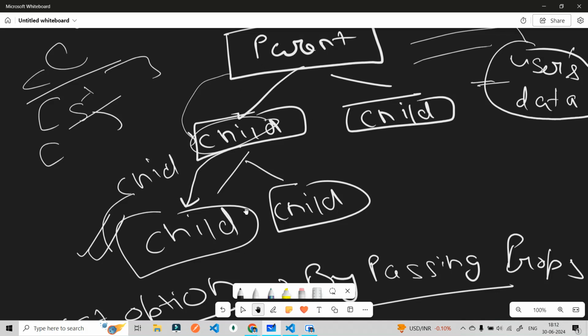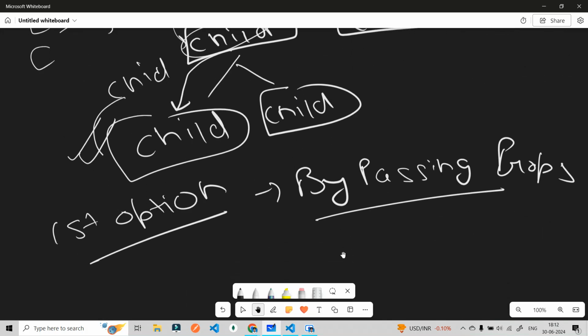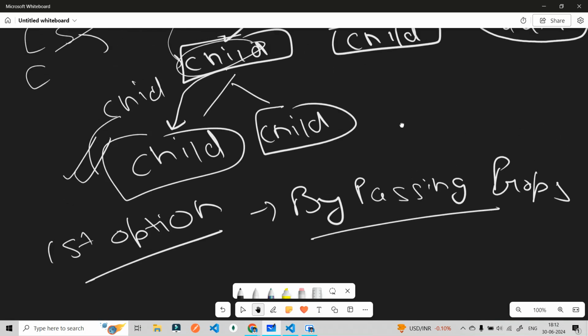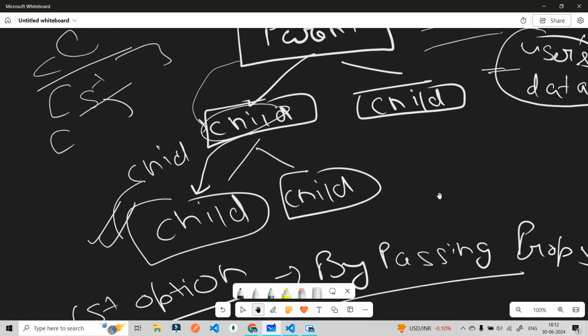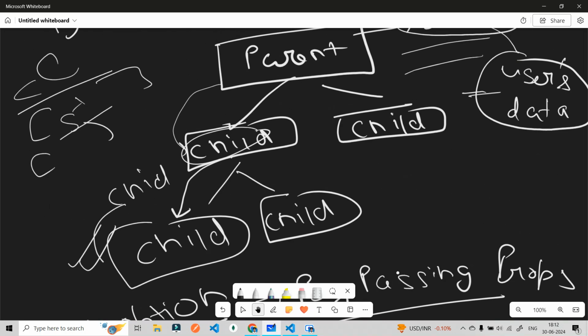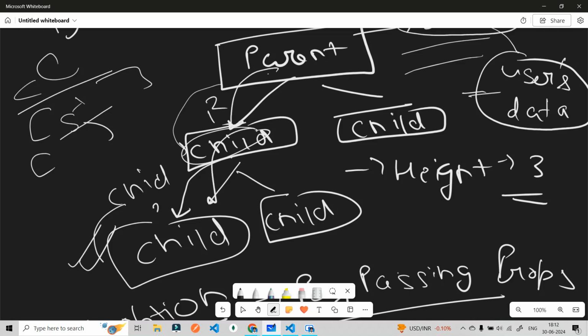Let me count: it goes from 1 to this and then to this, so I think the height is 2. Okay, this is a very small height,